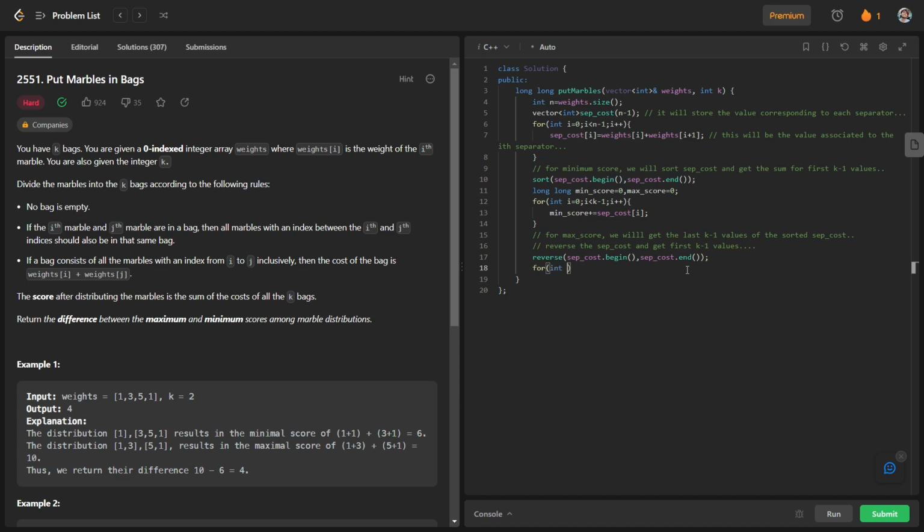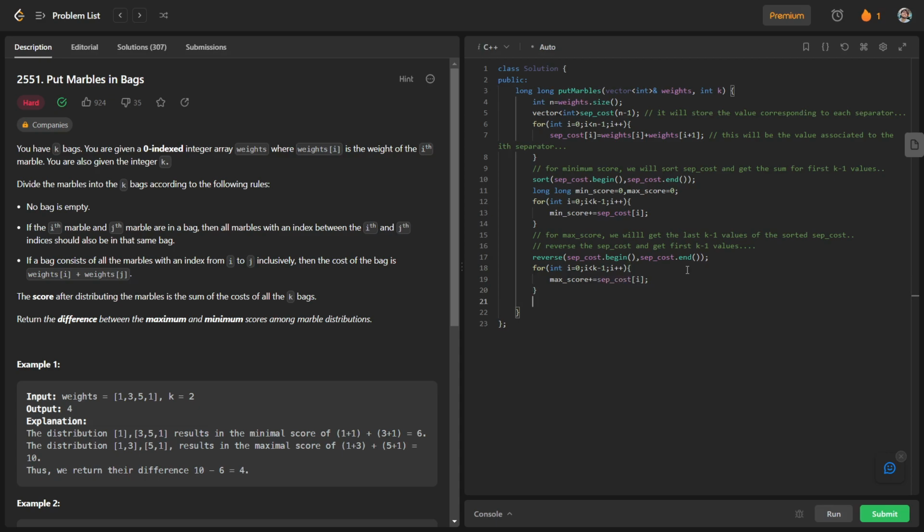So basically in this way I am going to have our maximum sum. So our maximum sum is nothing but this.